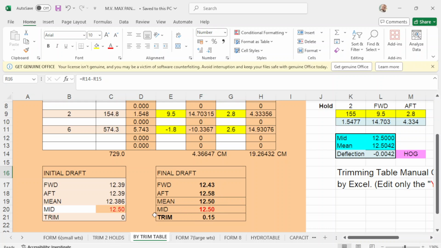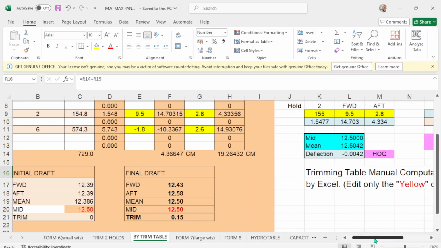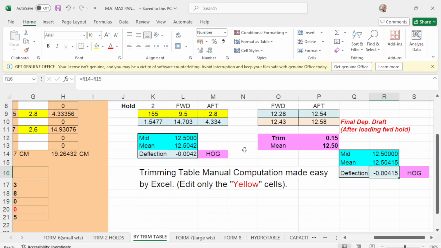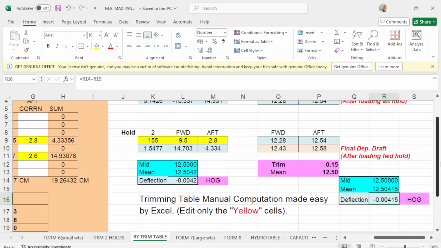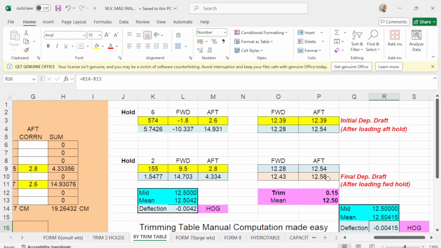Your main is 1250, your mid is 1250, trim is 15 centimeters, and you will have deflection here is 0. After you loaded number 6, this will be your drop. After you loaded number 2, this will be your final drop. 12.43 forward, up 1258. Your trim is 15 centimeters. Your mean is 12.5, and your deflection is 0.